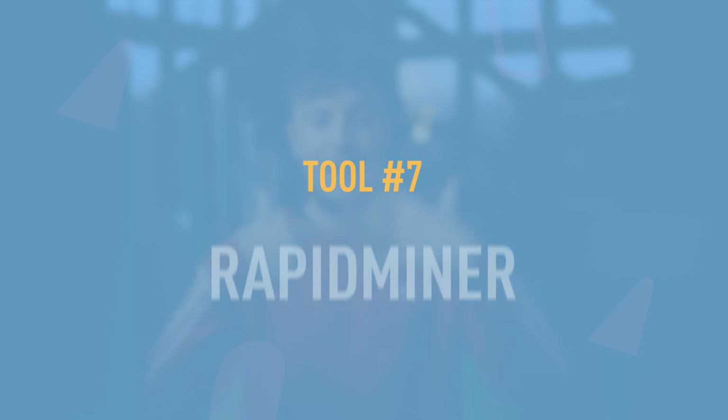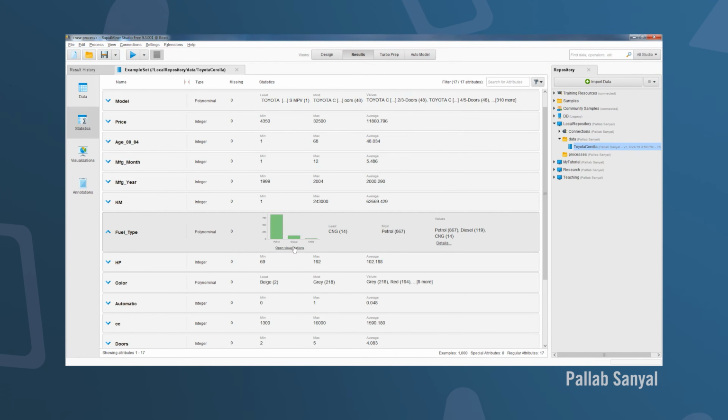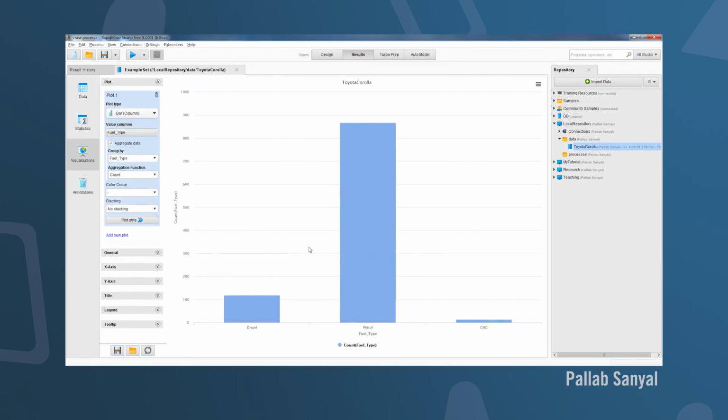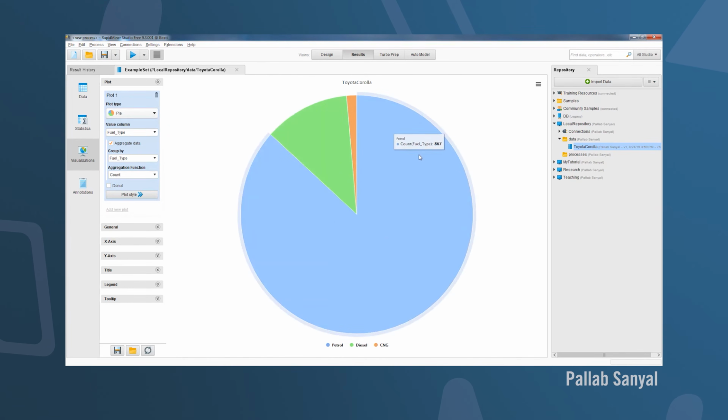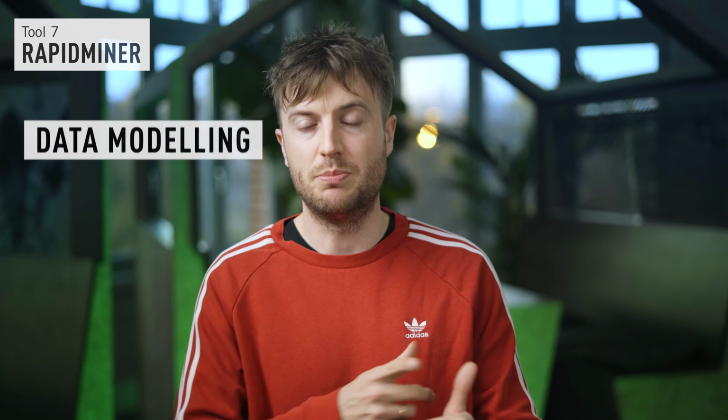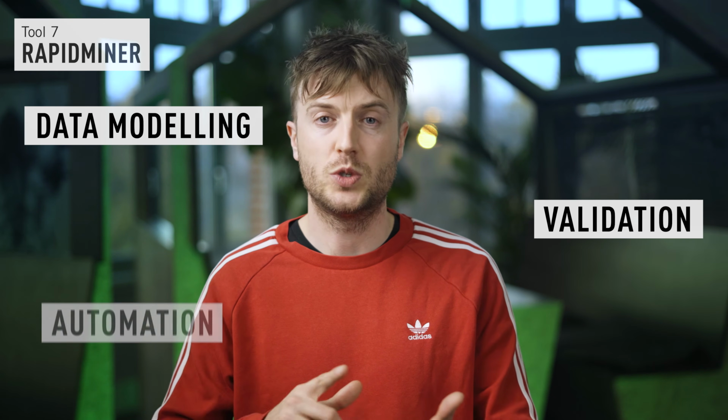Tool number 7, RapidMiner. RapidMiner is a software package used for data mining or uncovering patterns in data, text mining, predictive analytics, and machine learning. Used by data analysts and data scientists alike, RapidMiner comes with a wide range of features, including data modeling, validation, and automation. Now onto our penultimate tool,